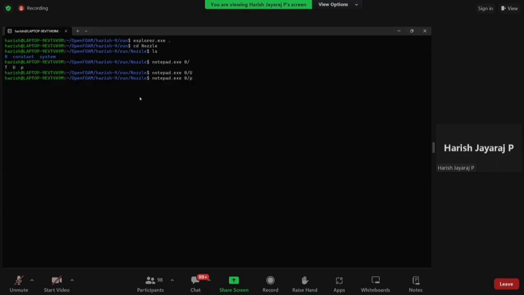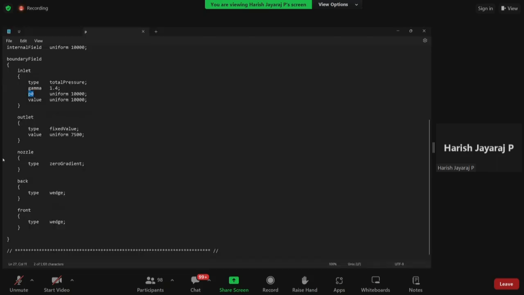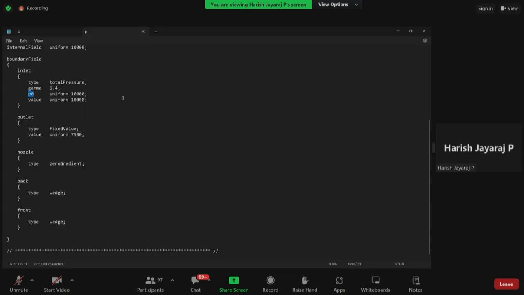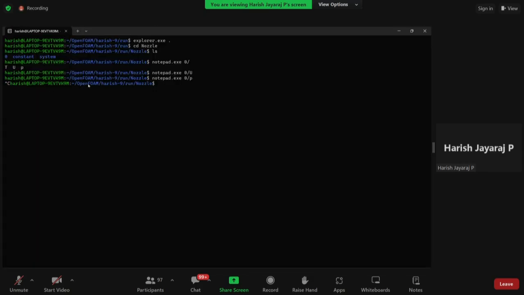So if you do not close your notepad, the terminal will look something like this. So either you can close your notepad or press Ctrl C here. That will close the notepad on its own. But you can still find the notepad is open, but it is not connected to the terminal anymore. So that is one way of doing it, or you can close your notepad. It's up to you. So the last file we have to view in the initial boundary file